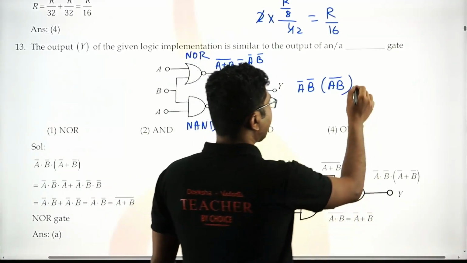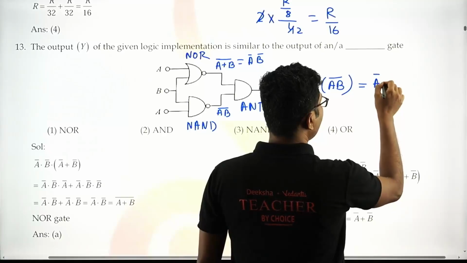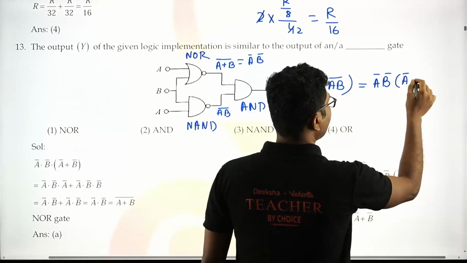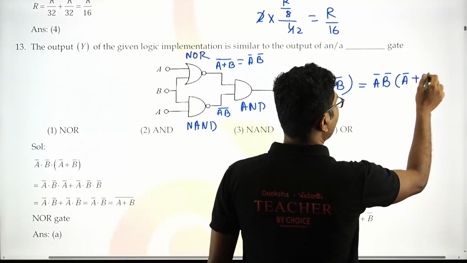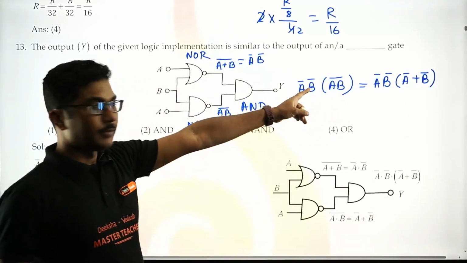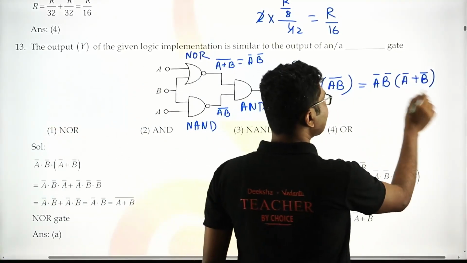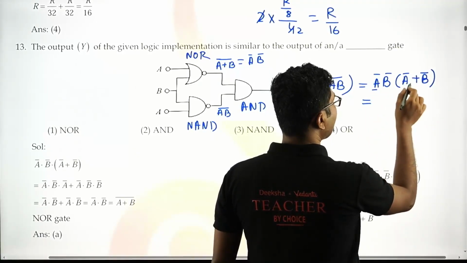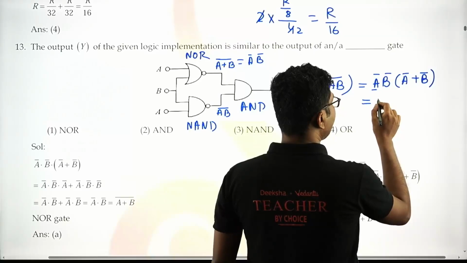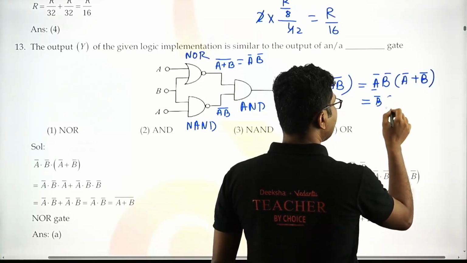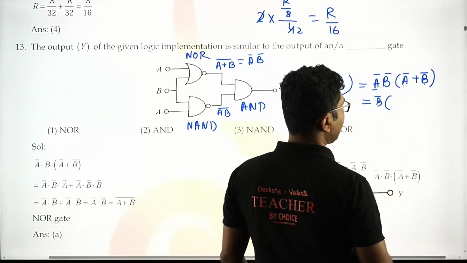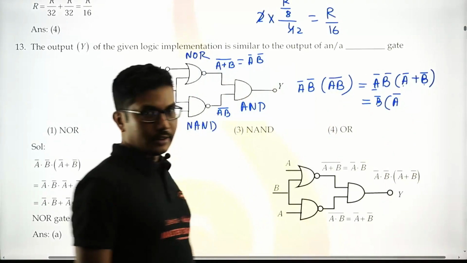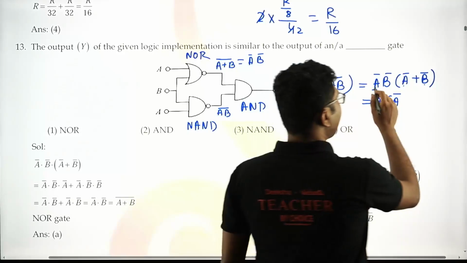Right, or you can write this as A bar B bar into A bar plus B bar. Right, complementary function. Now let's first multiply A bar with this. So if you multiply A bar with A bar, what will you get? B bar is outside. Let's first do this multiplication. So A bar into A bar is obviously A bar, right, in Boolean algebra, and A bar into B bar